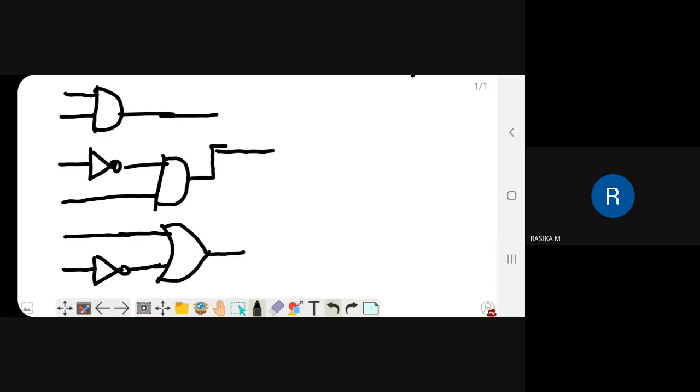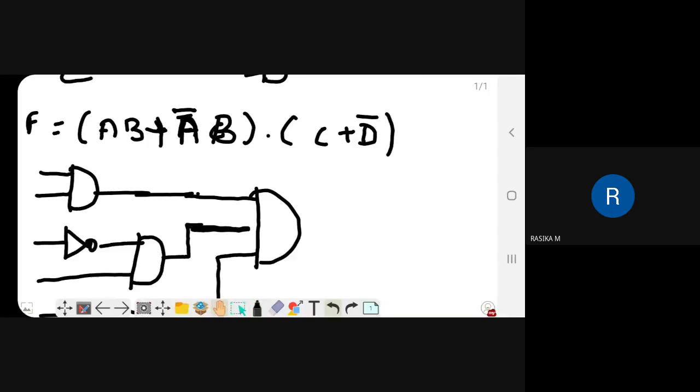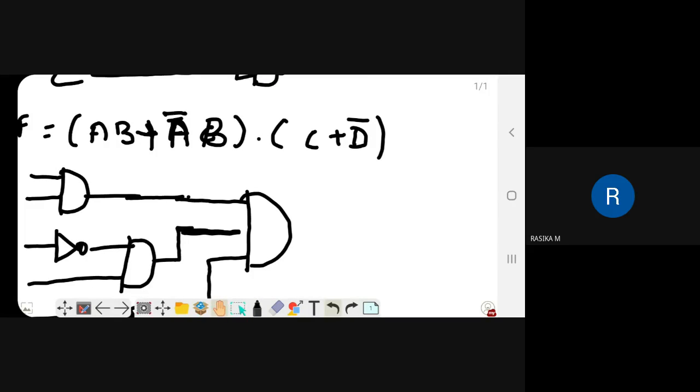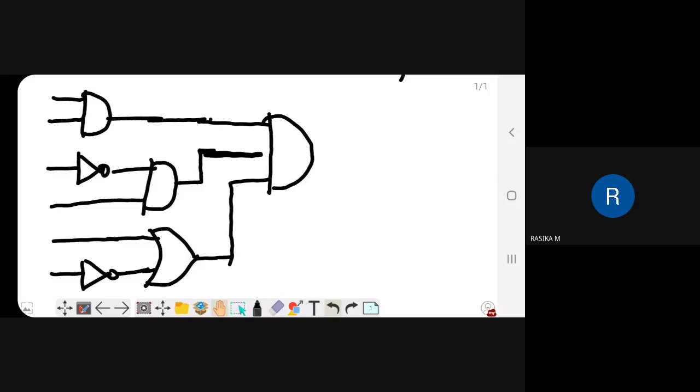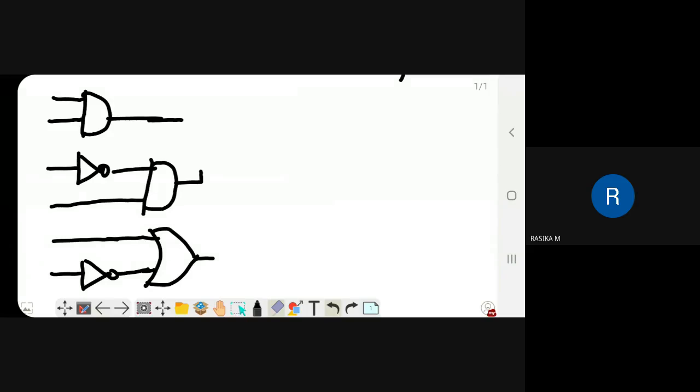Finally, we want to use an AND gate because both the things are in product. So first I want to sum these two, and finally both are in product.